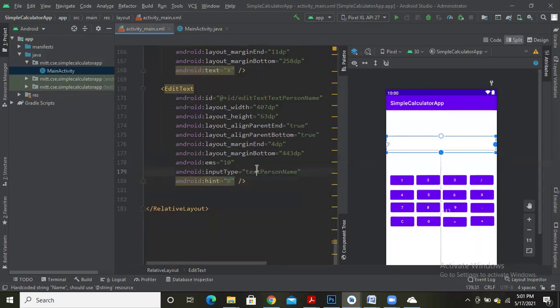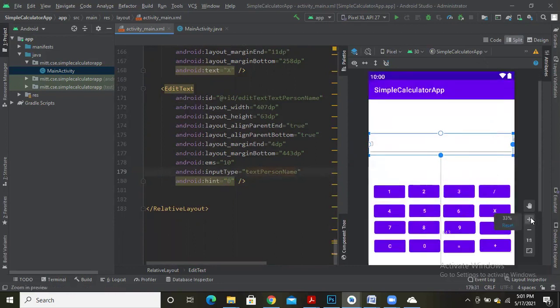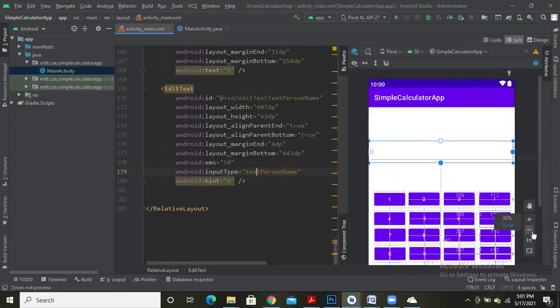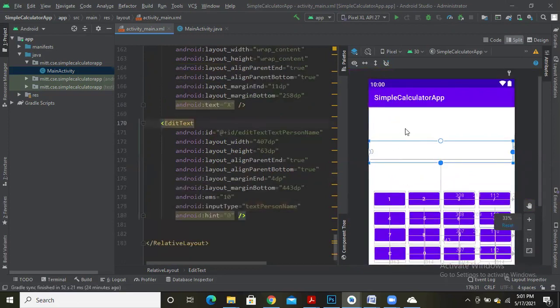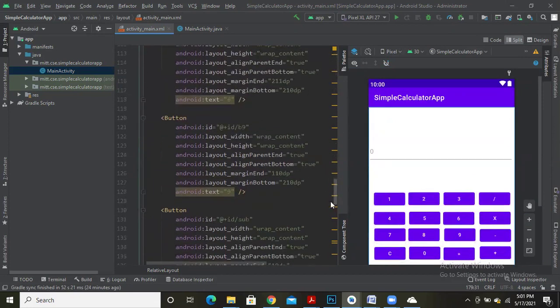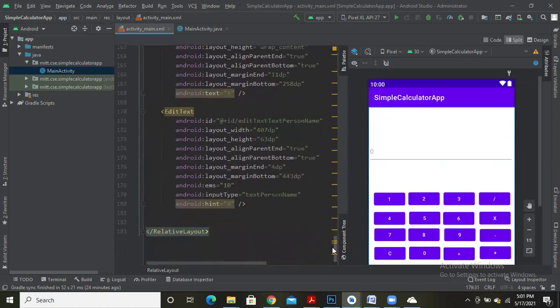So by default, when you launch your application, it will show a calculator with the edit text field as 0. It's a hint. So 0 is the one which is going to be displayed as a hint in the edit text field.